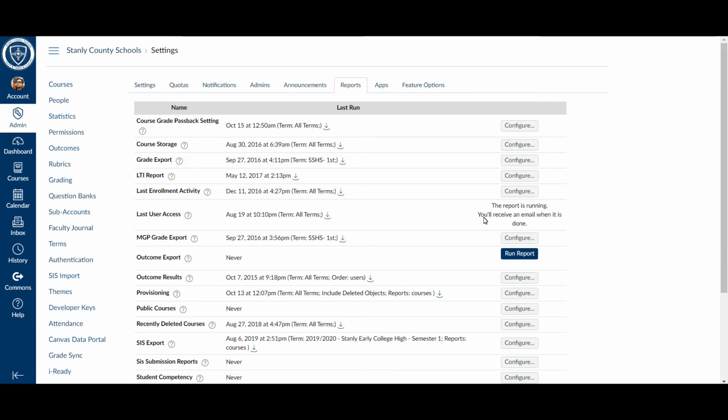And once it's done, you'll see the date that you ran it here, along with this button to download the report. It does download it as a CSV, so it makes it to where you can go through and manipulate the data. I always like going through there and sorting by the last time somebody logged in, like the latest, or the